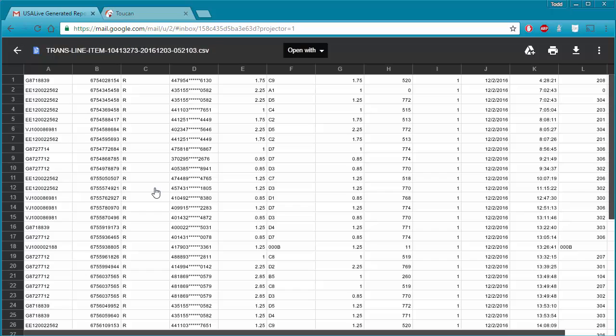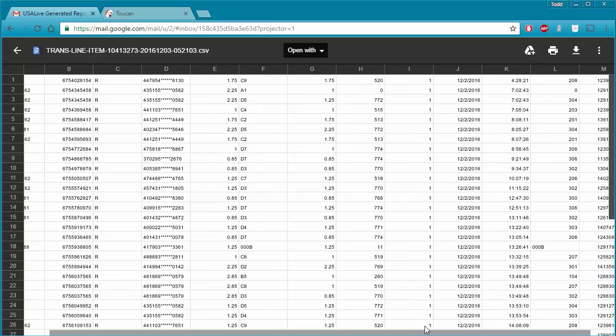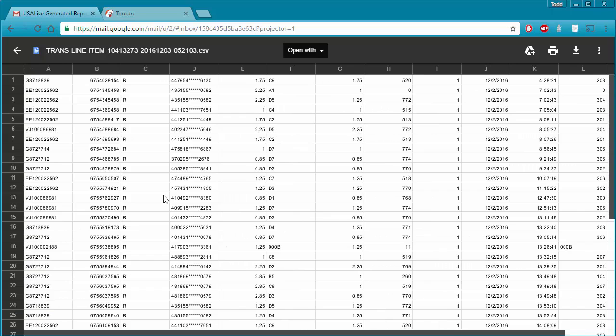And this is what it looks like. It is the exact same information that's in that sales by batch activity report, only it's not quite as human readable. It's just a bunch of numbers and dates and some other things. It's not as easily human readable, but it is in a format that you can load very easily into